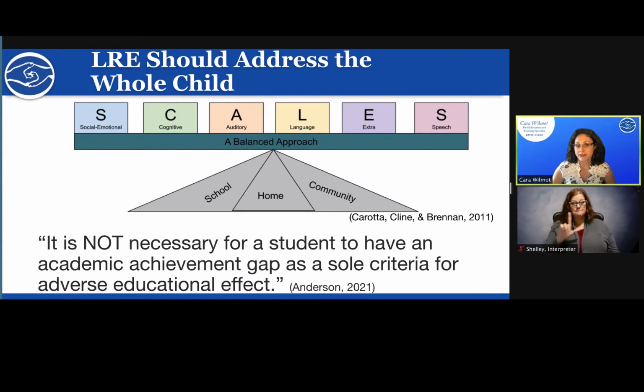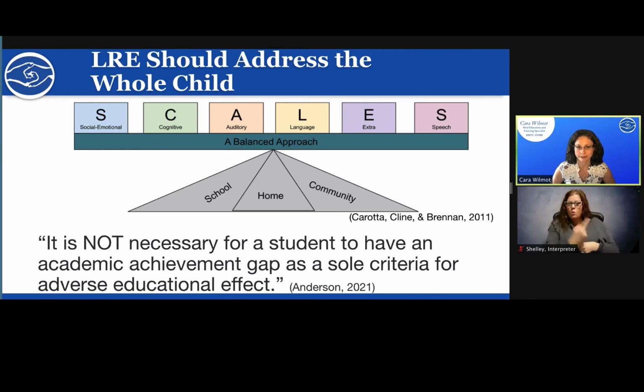LRE, the least restrictive environment, should address the whole child. It's not necessary for a student to have an academic achievement gap as a sole criteria for adverse educational effect. Both IDEA and the Florida statutes state the IEP team needs to show the need for special education, which includes specially designed instruction, and that the need can be based upon any domain covered in the IEP, not solely curriculum